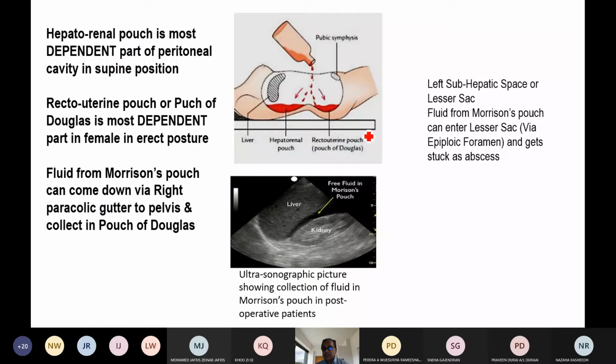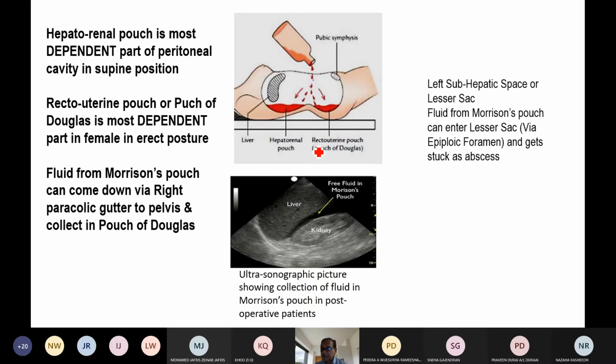So here this picture is very nice and it can show where in the peritoneal cavity fluid can accumulate. So if the person is lying like this, naturally, as I told you, the hepatorenal pouch of Morrison. So this is an ultrasonography to see free fluid accumulated between the liver and the kidney. But suppose this person is mobile. In case of mobility, this fluid is actually going down. Going down where? Going down into the pelvic cavity.